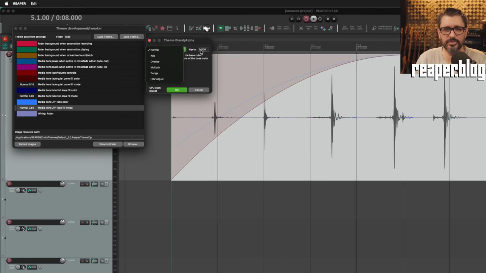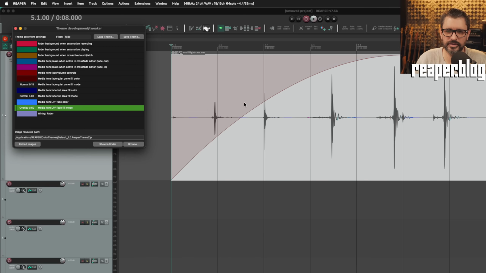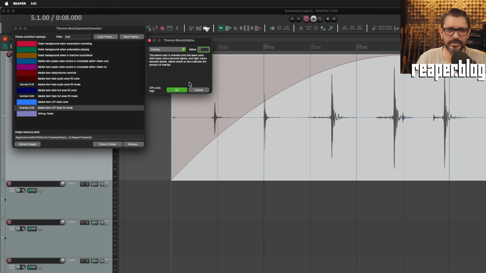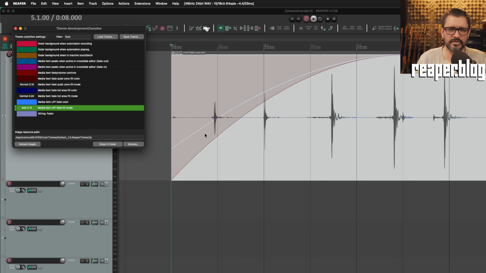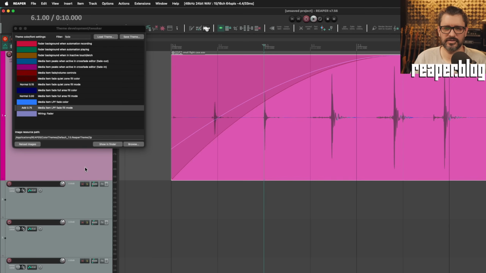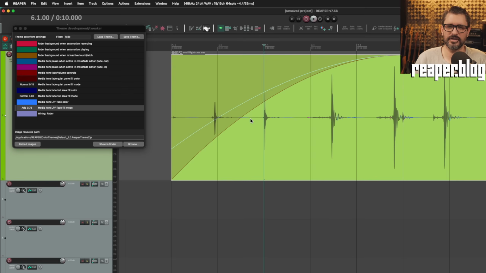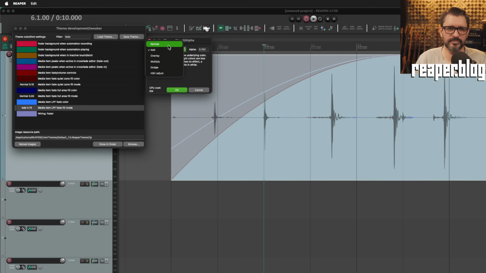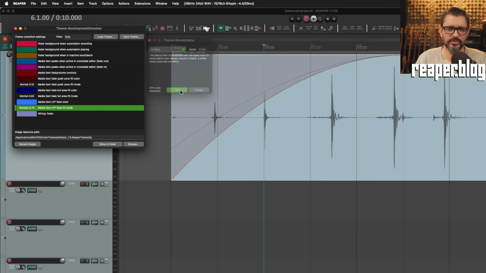So the default is normal and 0.5 opacity, I guess. We can change this to overlay, which is super not visible, but we can set this to 1. Still kind of not very visible. We can dodge. We can add, let's do 0.75. And of course, this depends on the color of the background, what it's adding to. Just multiply